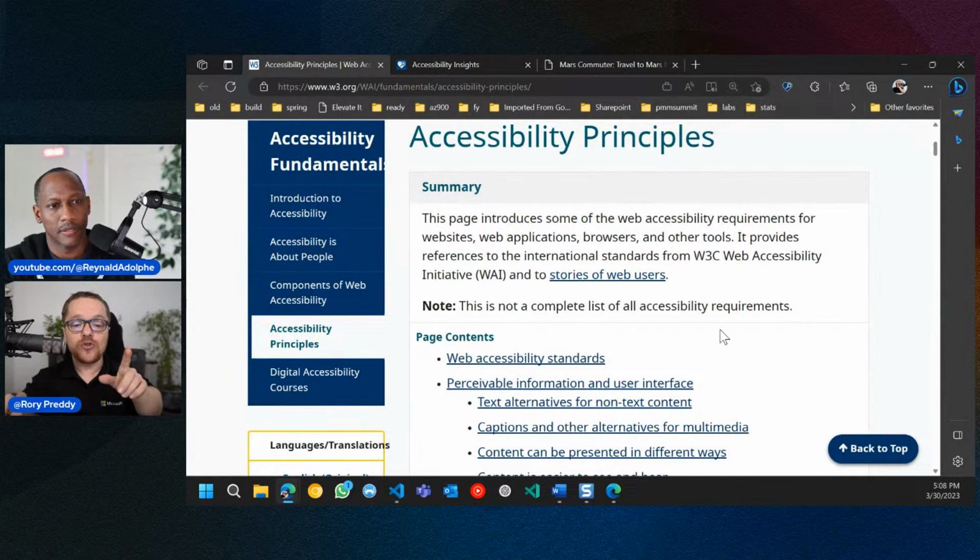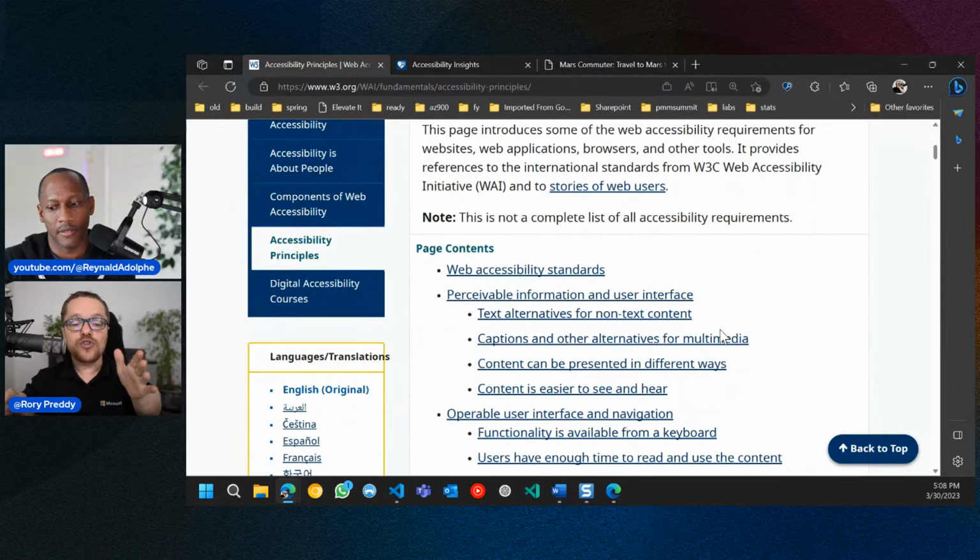Perceivable information goes through here, but basically what it's trying to tell you is, when you see a web page, if you have text that is too small, or text that is the wrong color, that's not perceivable. If you have captions for your video and they don't show, and the person is visually impaired, that's not perceivable. If you're hearing, and VS Code actually has audible cues also, and you don't hear it, and you've asked to hear it, that's not perceivable either. So the content needs to be easy to see and hear.